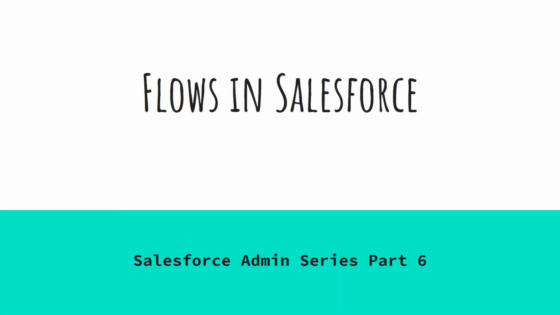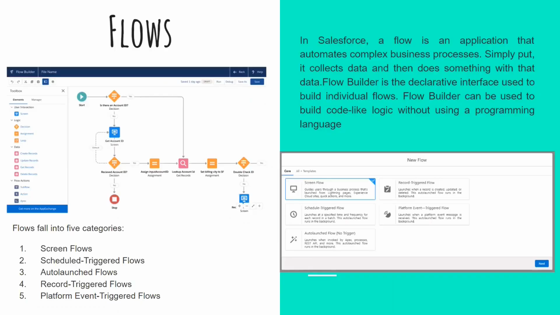So let's get started with the admin series part 6, flows in Salesforce, or what we call a Lightning Flow, which helps us to automate complex business processes and manual data entry. Flow lets us work smart by saving our users time and making sure required tasks are accomplished correctly. If you are a Salesforce administrator, then flows are one of the most powerful tools for you. If set up properly, flow makes you look like a rock star to your sales team.